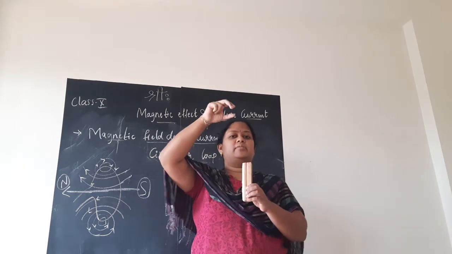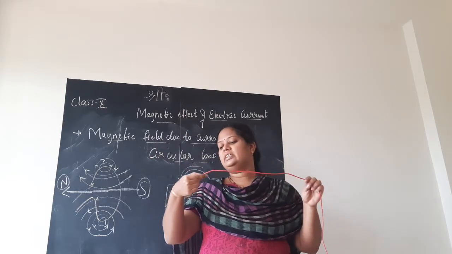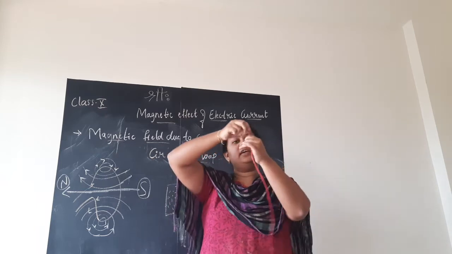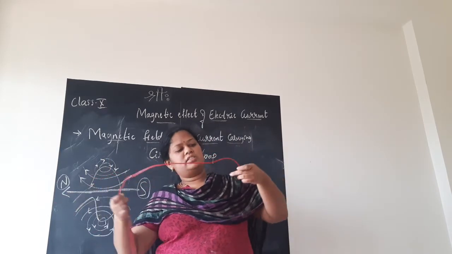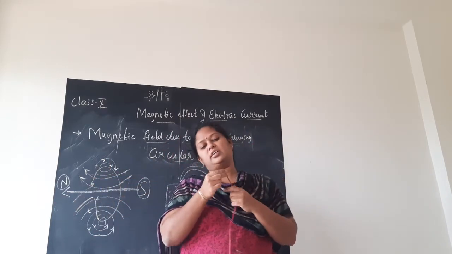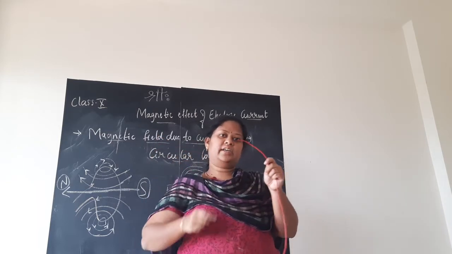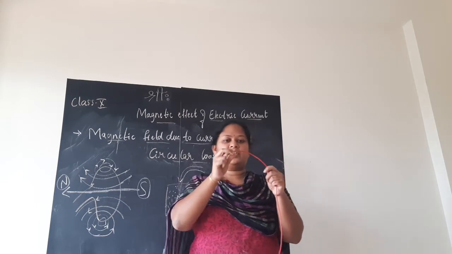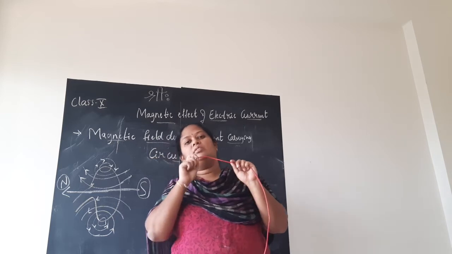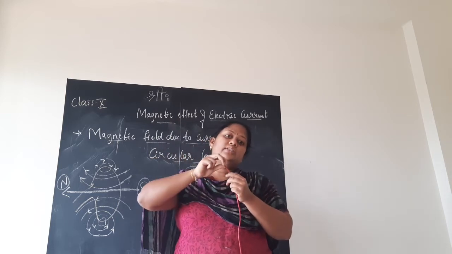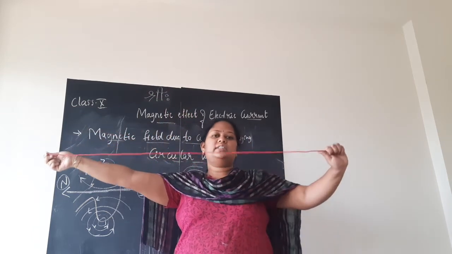The same straight wire that I took, I will bend it now. One second. So, look at this, children. This is the wire. It has the red color insulation on it. You all have seen such type of wires, yes, no? So this is what we mean when we say conductors, the straight current carrying conductor. See, inside you can see the copper wire here. This copper wire is the main factor for the flow of current, as copper is a good conductor of electricity. Now, in order to avoid electric shock, the copper is provided with insulation. That is the red color that you see.